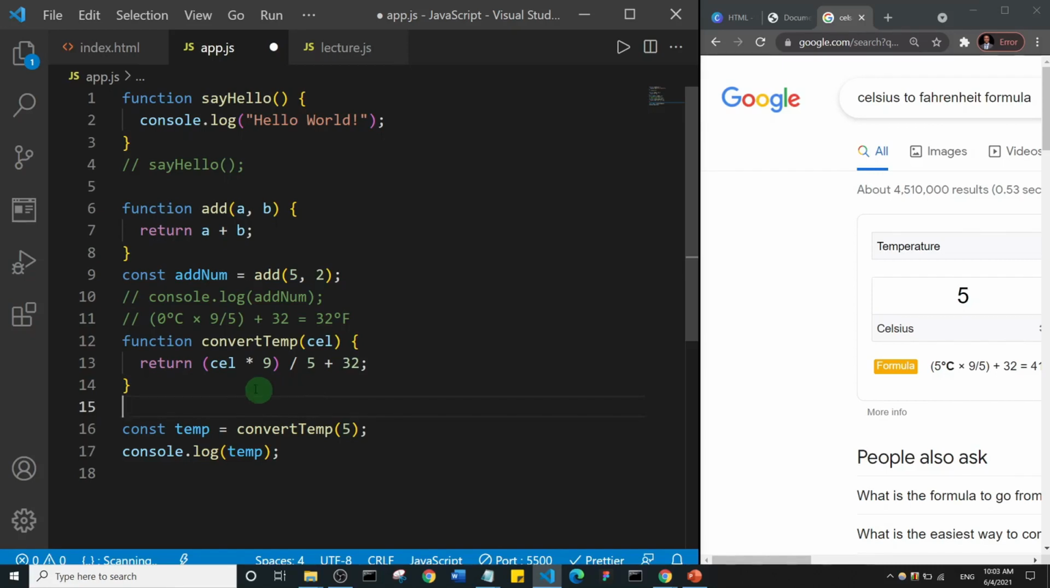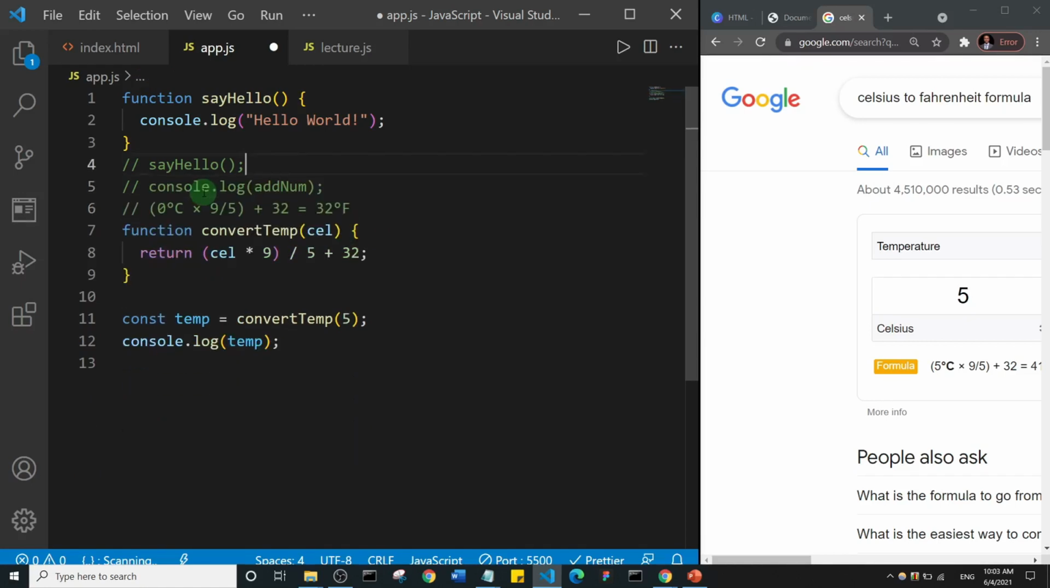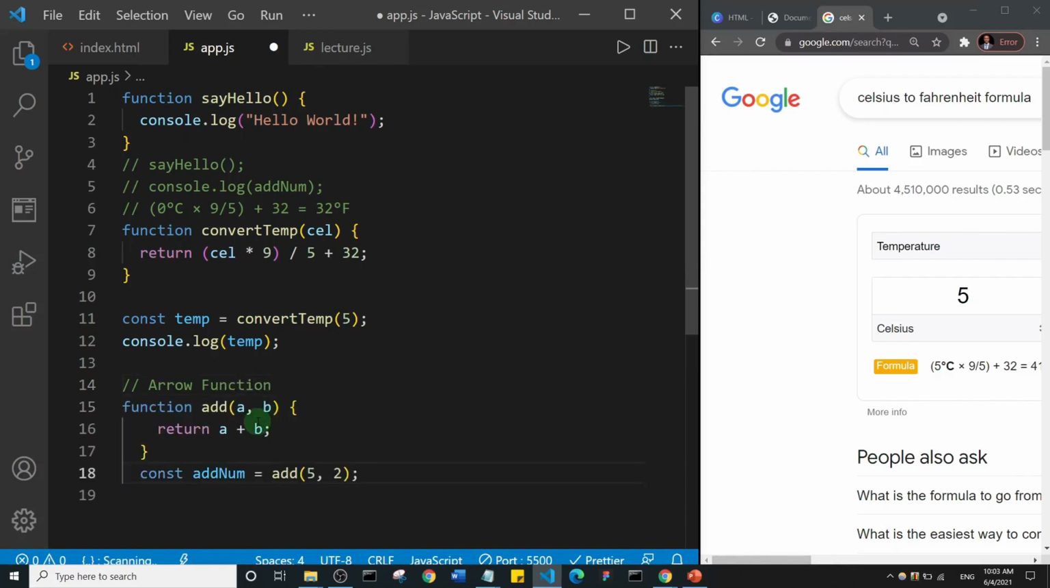So I'm going to explain arrow functions with the first example I gave, or maybe I'll use this one here. I'll use this add. I want to start very simple with arrow functions. So I'm going to cut this guy, and I'm going to come down here and add a comment and say arrow functions, and then I'll paste it in. Okay, so we have a simple function here that adds